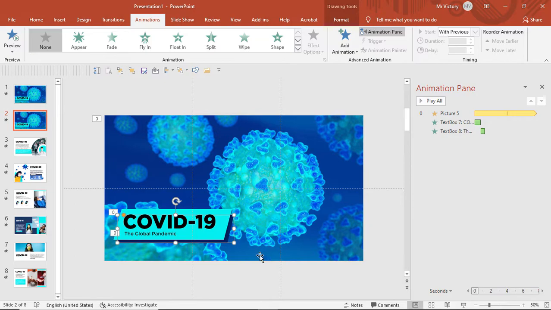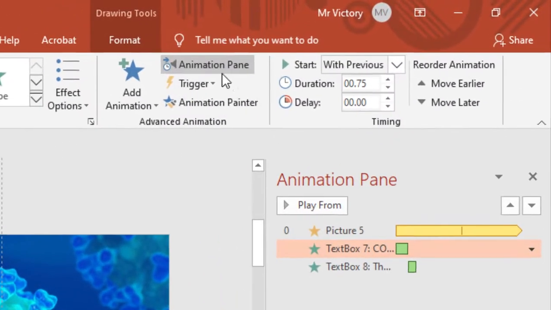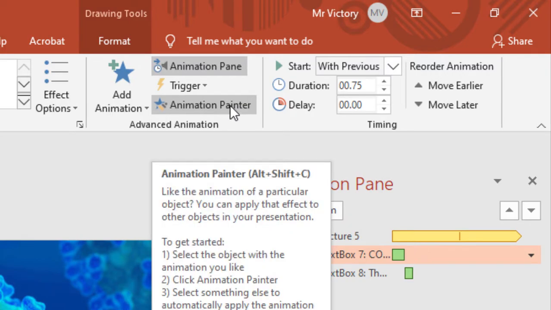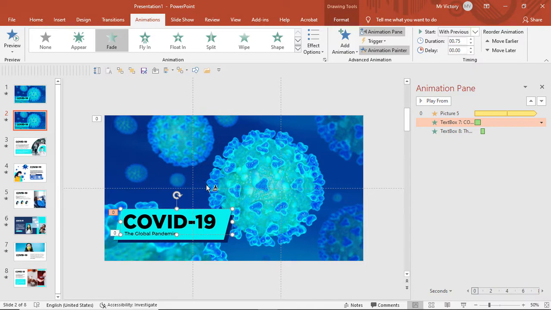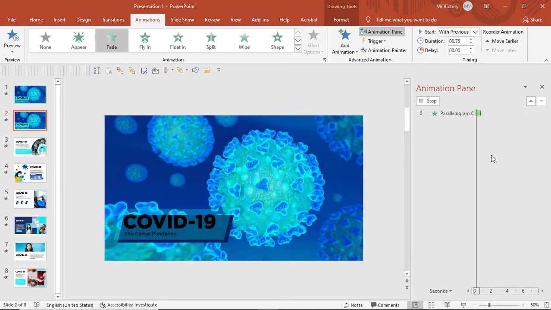So instead of heading over to animations, clicking it, inserting it, you could just select an already animated element. For example, COVID-19. Let's just select COVID-19. Now you see this option here, it's called Animation Painter, or you could use the shortcut Alt-Shift-C. It allows you to copy any animation from any element that has already been animated to a new element. For example, now I've copied the fade and I'm going to click on my parallelogram, and my parallelogram has a